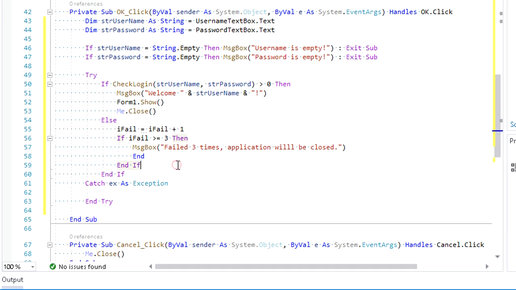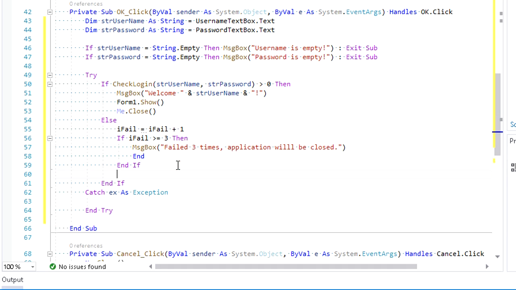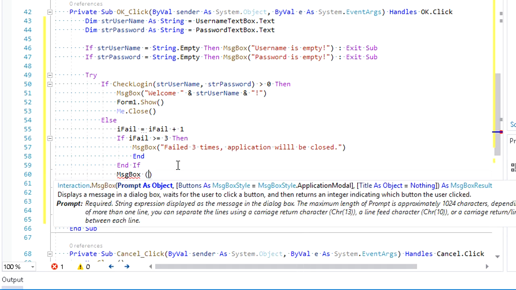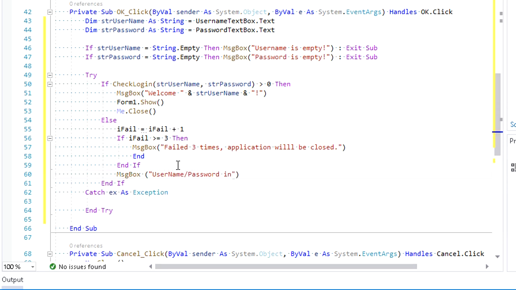Type End to terminate the application. Other than that, if failed less than 3 times, we'll only give a warning message to check the username and password again. Last thing is adding a message for error handling under catch exception.